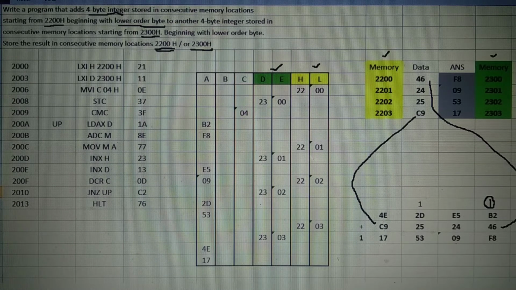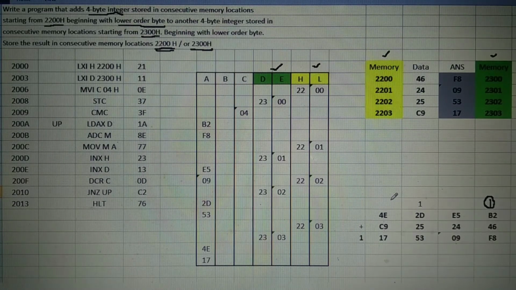Similarly, here B2 becomes lower order and 4E becomes higher order, and you have to add the contents and store the result either beginning from memory location 2200H or 2300H.